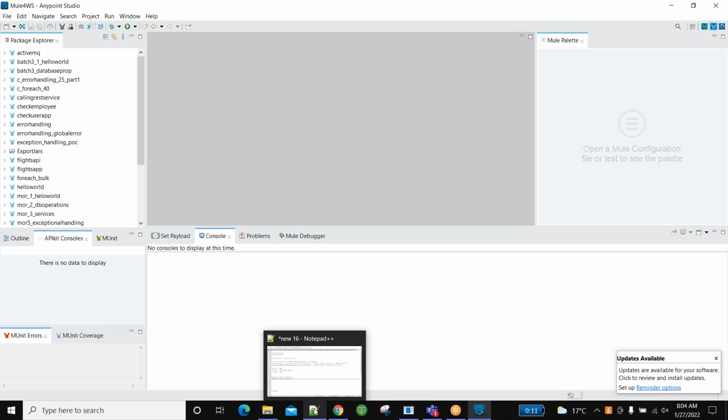Are you guys clear till here? Question: when I try to download Studio, there is a select operating system and job title. What do I have to say? What is your operating system? Is it Windows 64 or what? You have to mention that. I'm using a Mac. Okay, in that case you have to select that particular operating system and download.